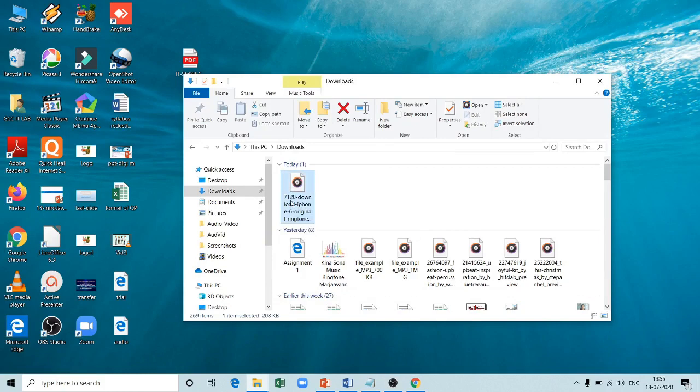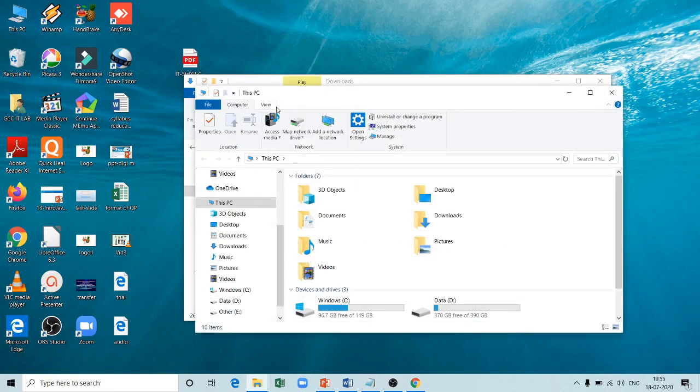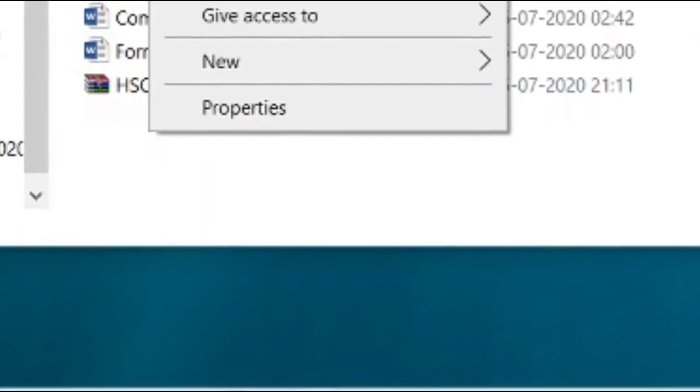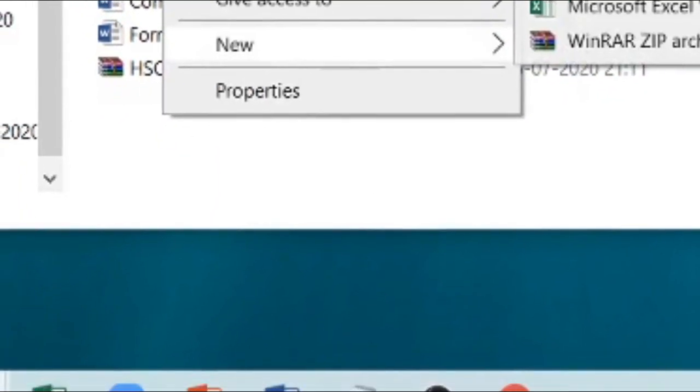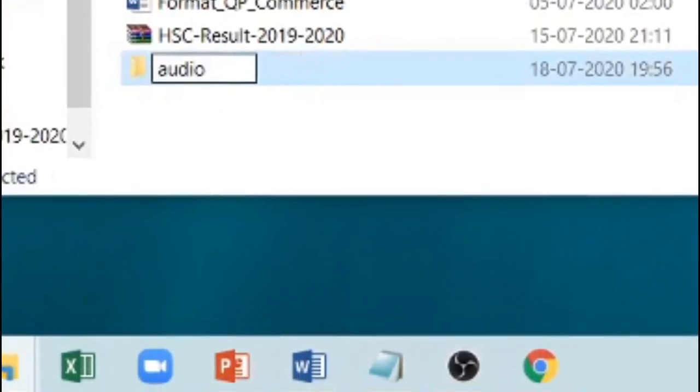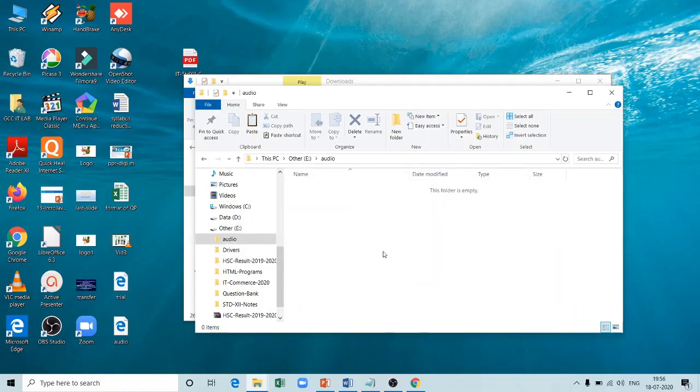I will copy this file and I will make one new folder in my E drive with the name audio files or audio, and I will save this file here.